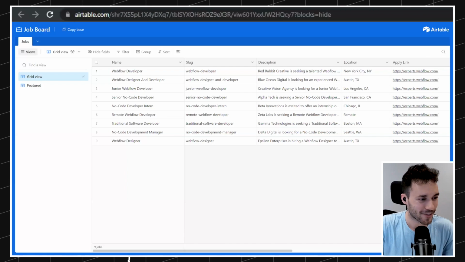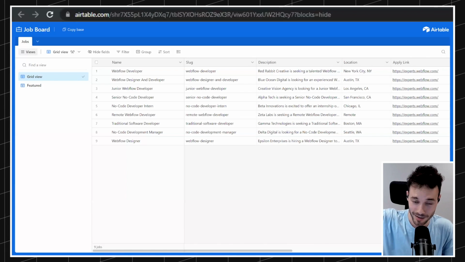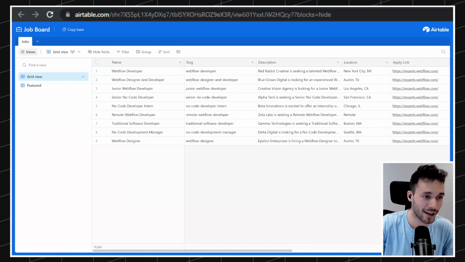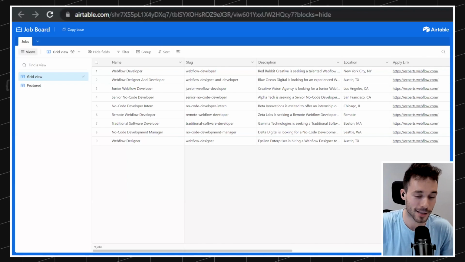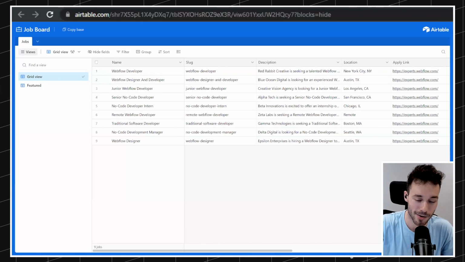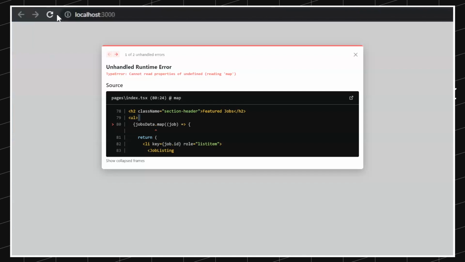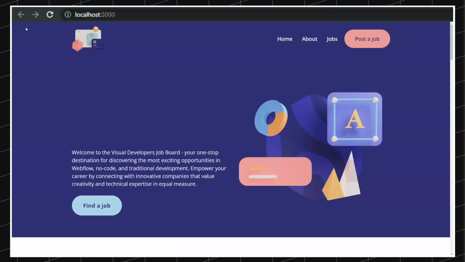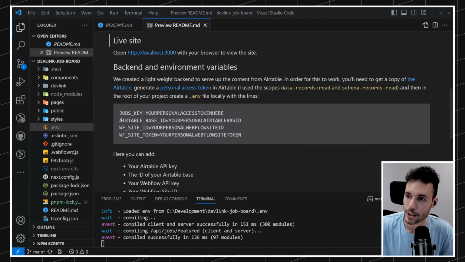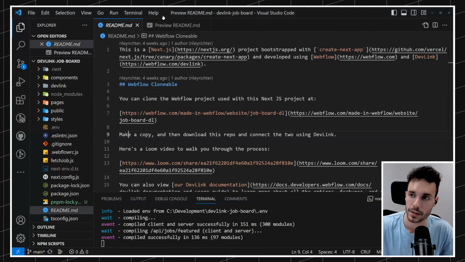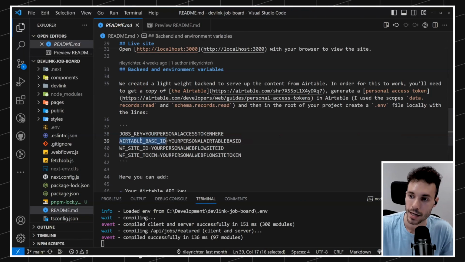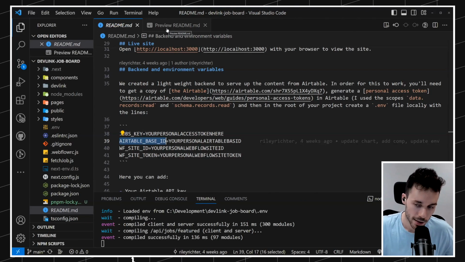Okay, I'll just copy this. Just for everyone who's watching and waiting for me to do something about this, I'm filling some private keys to make sure that we can fetch the data from Airtable and publish it. I think that this should work now. Yay! So for now, I filled the jobs key and the Airtable base ID, which is what's necessary to fetch the data from